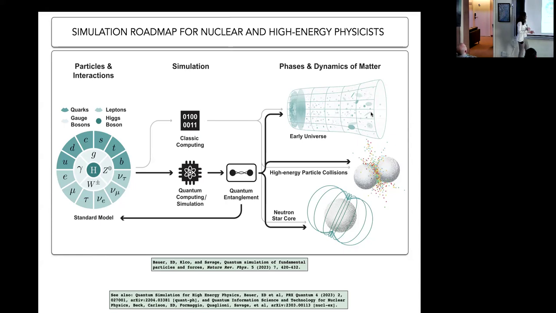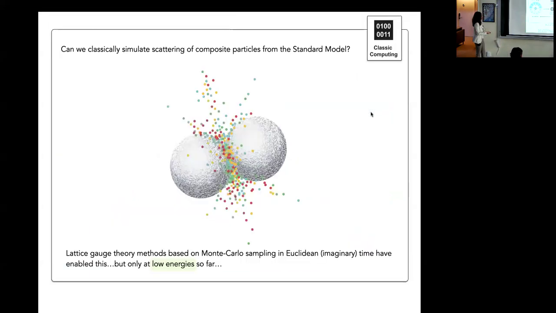But I'm going to mention something else. Because now we have a different way of computing things, through quantum entanglement, we will have access to the states in the theory, which is something that we didn't have before. I'm not going to go into the detail of why not, but that means that we could also probe the quantum entanglement in these states as well, something that we couldn't do before. And maybe we learn something about the standard model itself, these fundamental quantum field theories of nature, from the lens of quantum information and quantum entanglement. That's another objective for theoretical physics, to be really able to fill up this hole in our knowledge, okay?